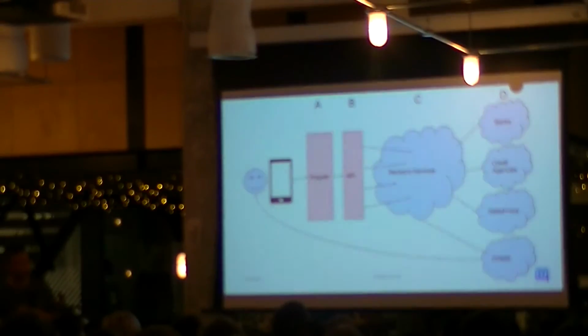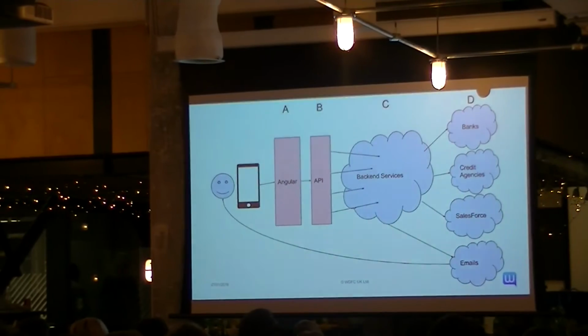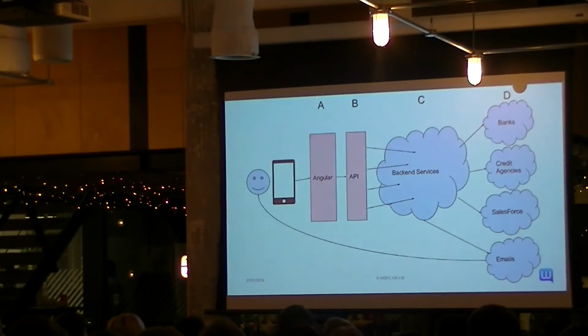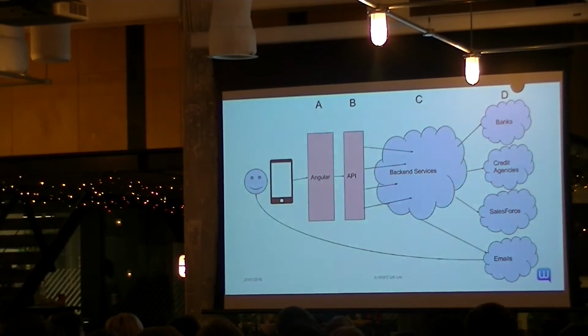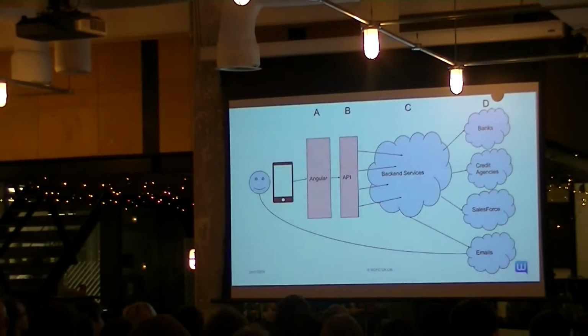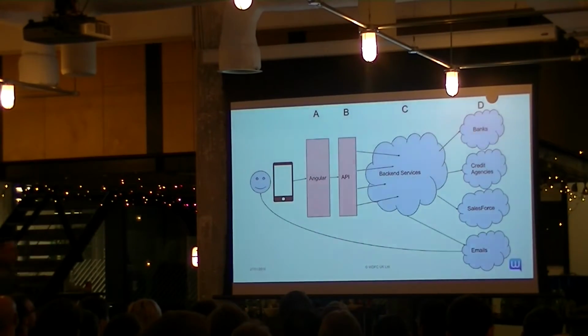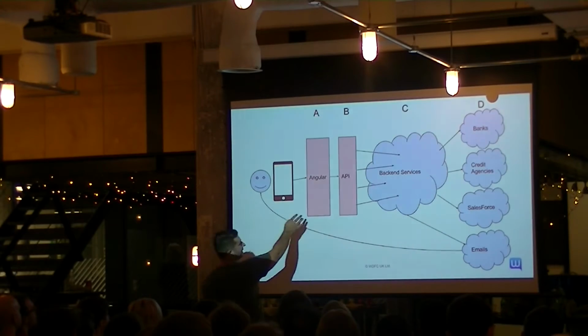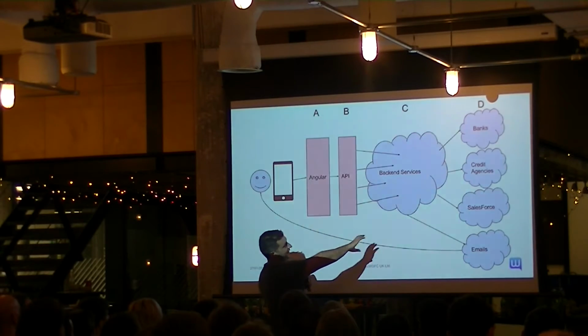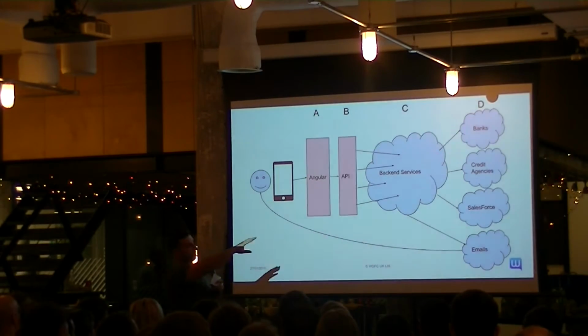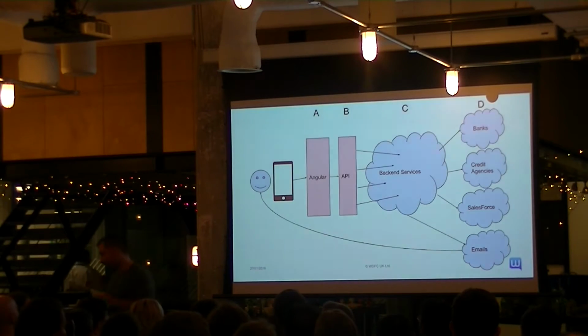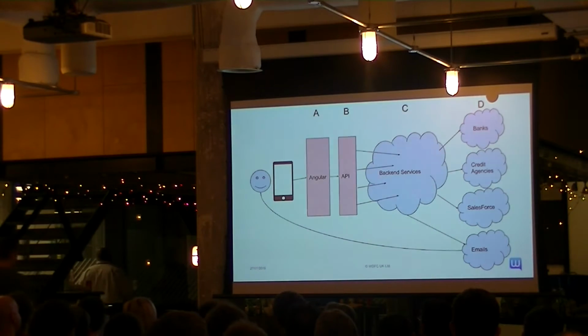So this is a rough diagram of how the front end sees some of our software. If you are an Angular developer in this situation, your user uses Angular, Angular talks to an API, Angular talks to a backend, and there's a whole bunch of third-party stuff like banks, credit agencies. If someone said to you as an Angular developer, you were supposed to end-to-end test this,